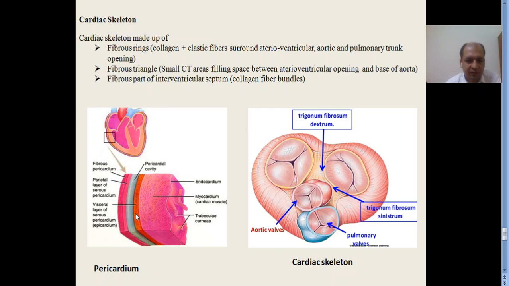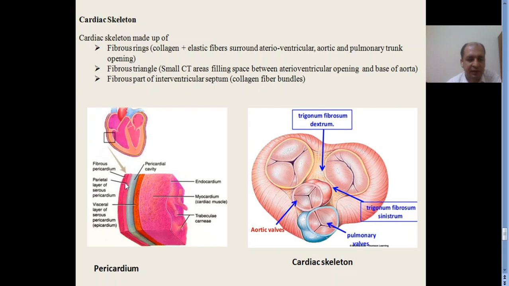Here you can see, for example, this whole structure is called the pericardium, these layers from here to here. Now you can see that this one is the pericardial cavity, and attached just to the inner side of the cavity is the parietal pericardium, while the outer layer that is present is called the fibrous pericardium.